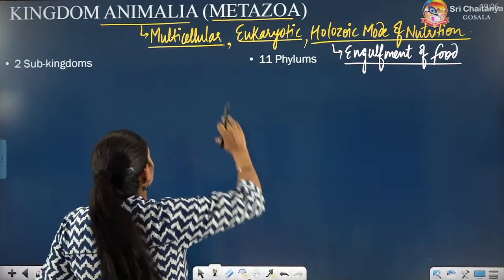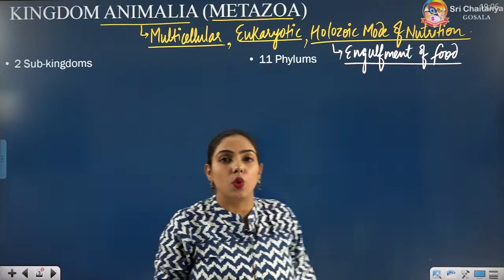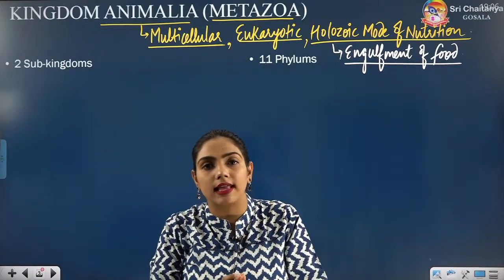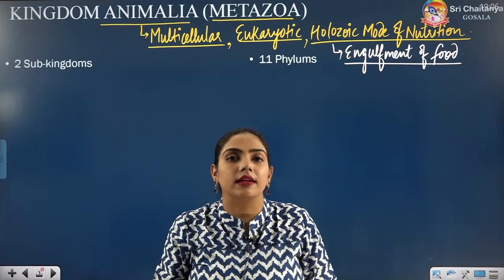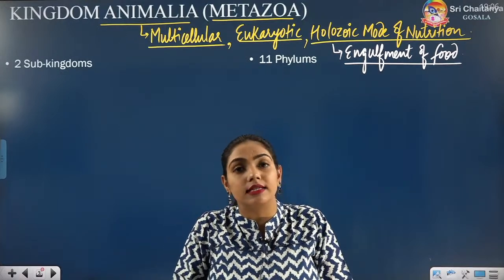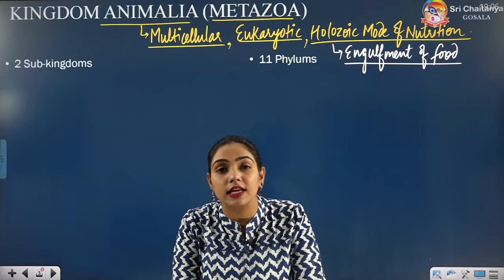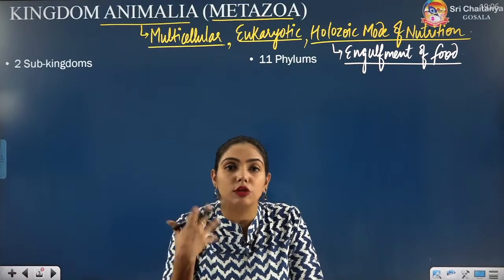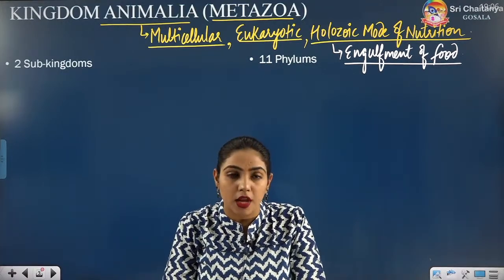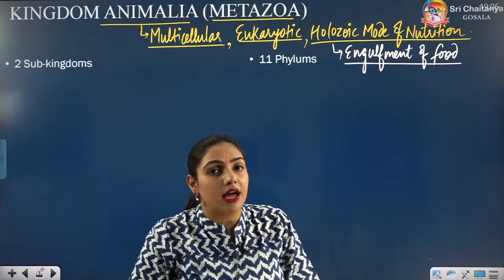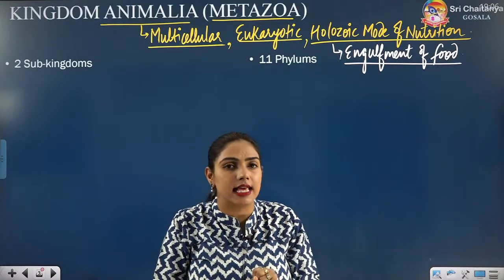Okay, all right. So I have told you what is metazoa. We can say that all the animals come under the metazoa. All the animals are metazoans. That means the animal kingdom can also be called metazoa. Now, in this metazoa, if we see the arrangement of cells in the animal body,